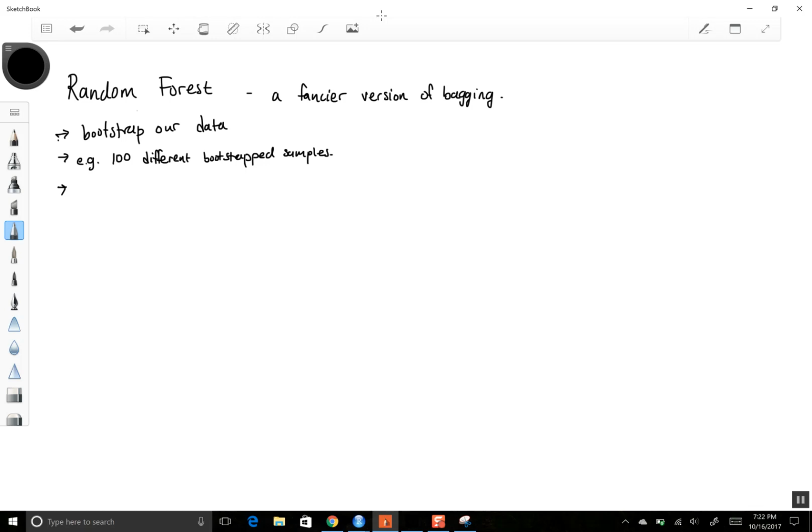So for each bootstrap sample, we allow the tree to consider, for each bootstrap sample, and at each node, at each decision-making node,